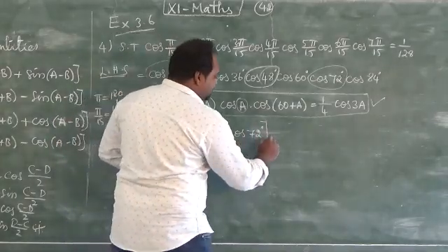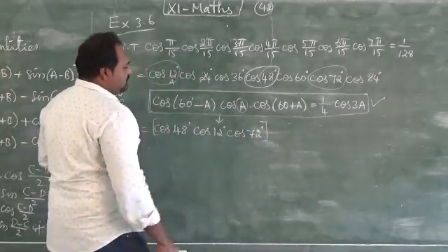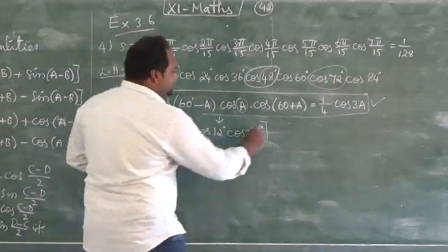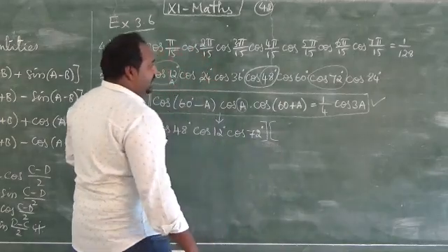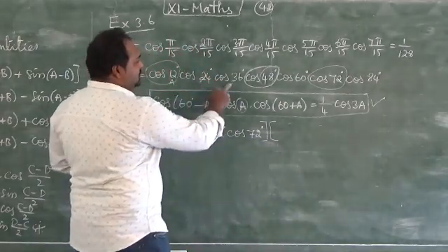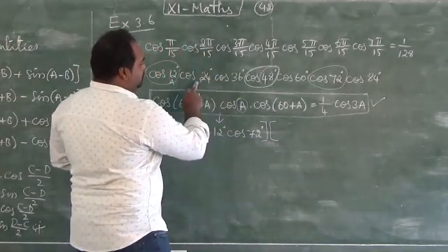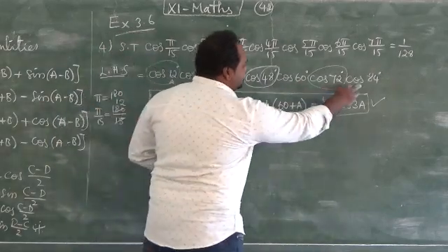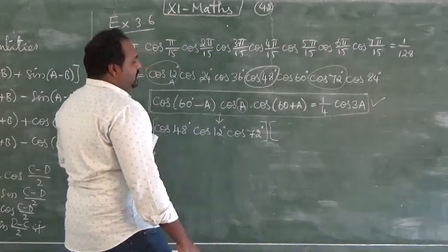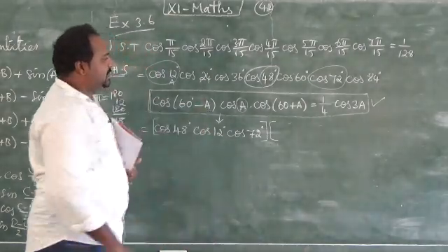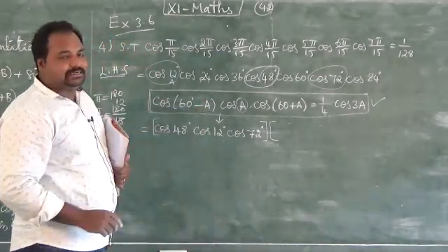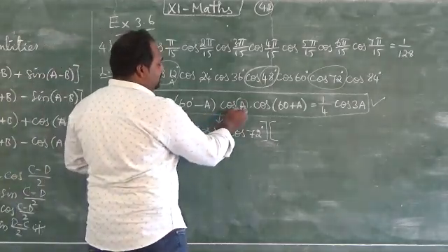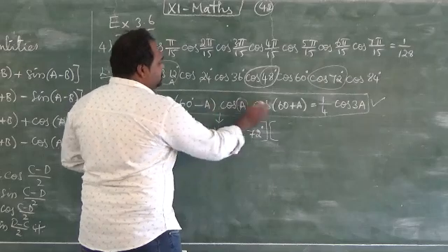Next, it's all a product, so for your understanding you just take it in a bracket. Next, remaining we have 3 terms: cos 24, cos 36, cos 84. Again I am going to use this identity to rearrange the terms. Here we take cos A to get these two sides.